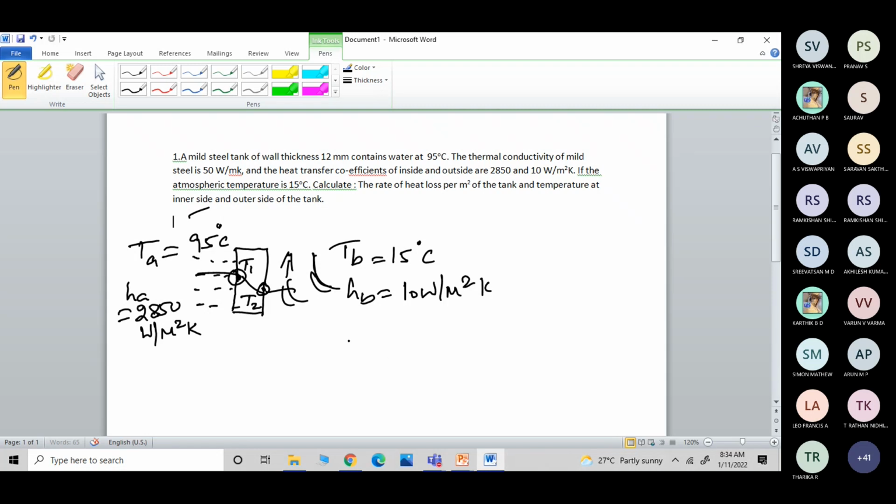When we draw the thermal circuit, we will be having convective resistance, and then conductive resistance, and